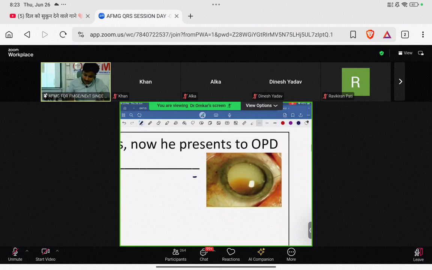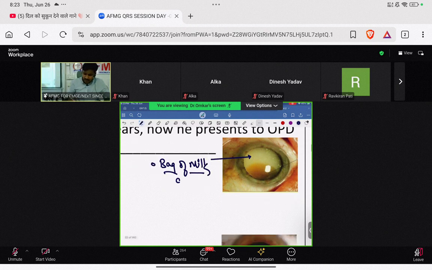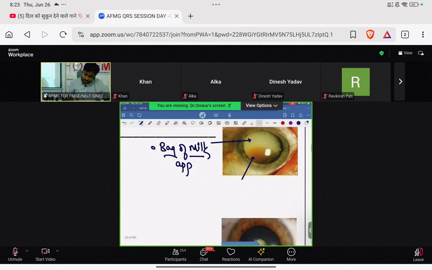See, there are two things, beta. First is which appearance is seen? Bag of milk appearance. ठीक है? So we are able to see, beta, a bag of milk kind of appearance बच्चे, and the nucleus is in the center or sinking down. So here the nucleus appears to be sinking down, beta. There is a sunken nucleus that is going to be seen. ठीक है? तो याद रखना दो चीजें दिख रही है. One is the bag of milk appearance. Second is the sunken nucleus. Okay.